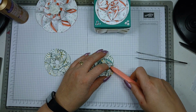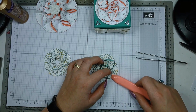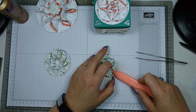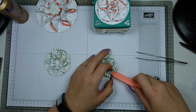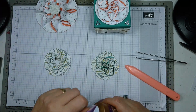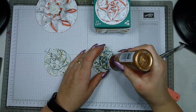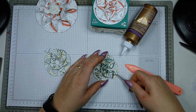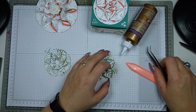So you pop your bone folder in and you use your bone folder to round this up. Oh, this wasn't stuck down well. No problem, can still glue it on later. So you gently shape it to a round. I need more glue here. This bit hasn't stuck down well. Now it will. So again,